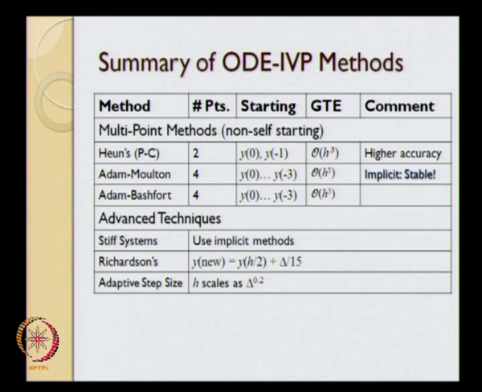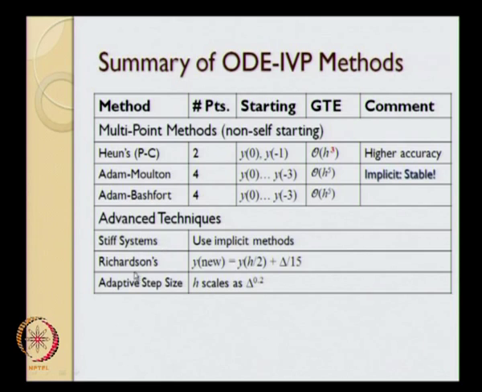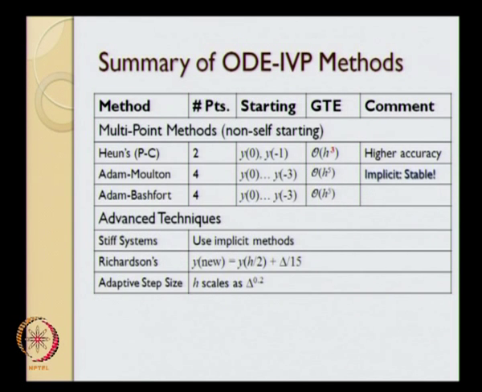So in summary, if you have to use an ODE solver, try to use the fourth order RK method with adaptive step sizing as your first choice. If that does not work, try to use your Crank-Nicolson method. If you need a higher accuracy compared to what the Crank-Nicolson method is going to provide you, you may either use the Adams-Moulton method or backward difference fifth order or fourth order methods in order to get a higher set of accuracy.